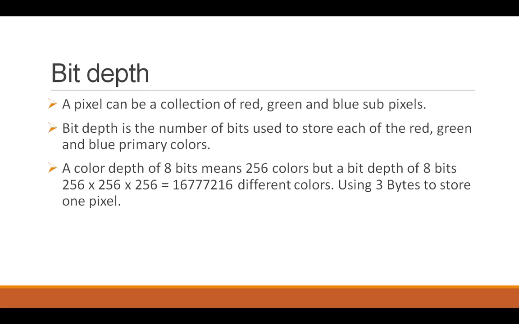There is one more concept called bit depth. Now, the bit depth is actually a little different from the color depth. From your O-levels concept, you might remember that display screens follow the basic color scheme of red, green, and blue, the primary colors. And every other color is generated by making different combinations of red, green, and blue. So you can say that each pixel has three subpixels, each transmitting one of the primary colors of red, green, or blue.